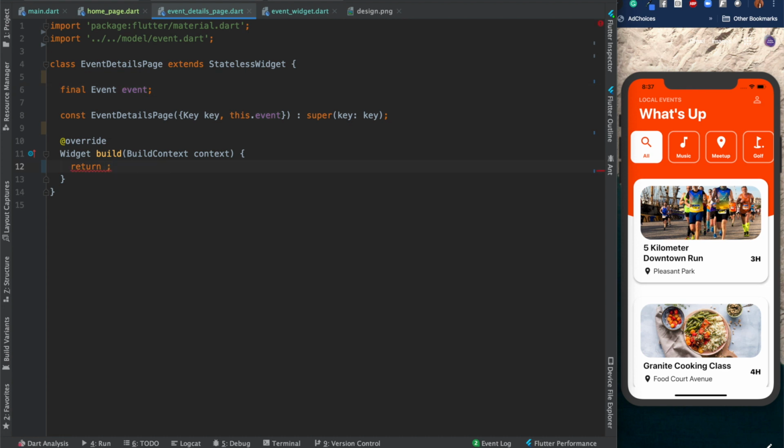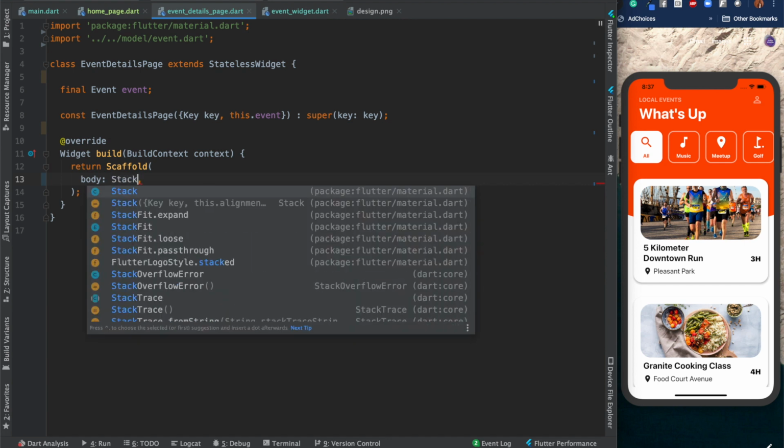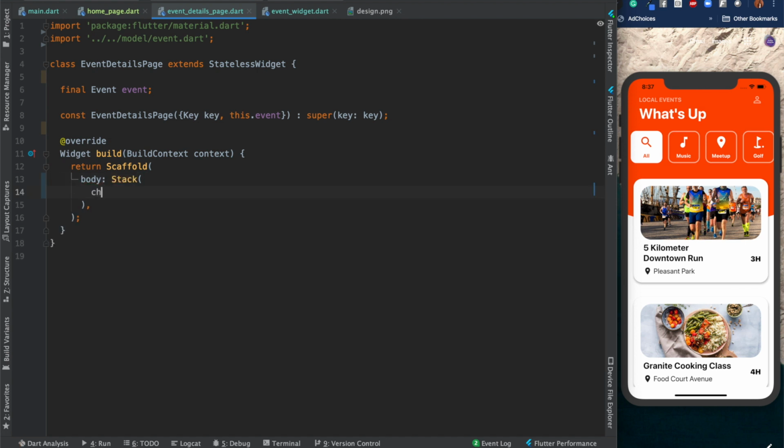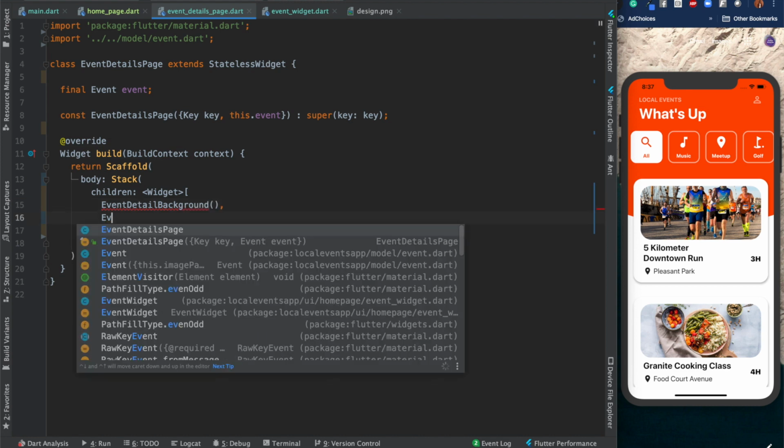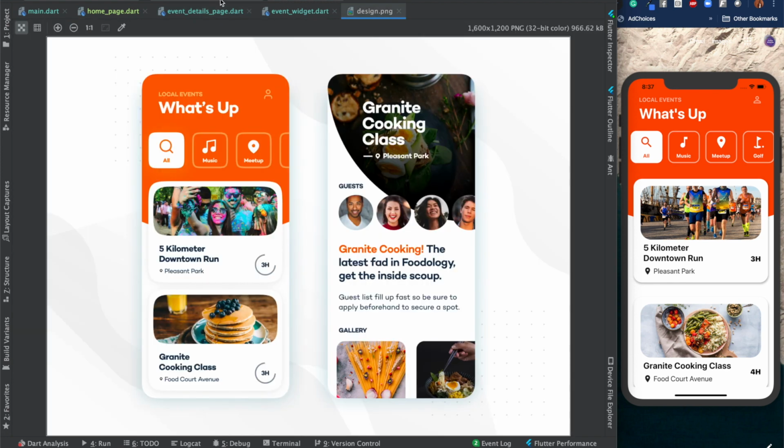What we need to do for event details page? Okay, so first of all is scaffold. This we cannot leave. Body, we cannot leave that. And then you can directly use stack. Okay, so stack children, and there will be two children. So first will be event detail background, and second will be event detail content, right? Of course, since it's a background and the background has an image, so you need to pass the image,